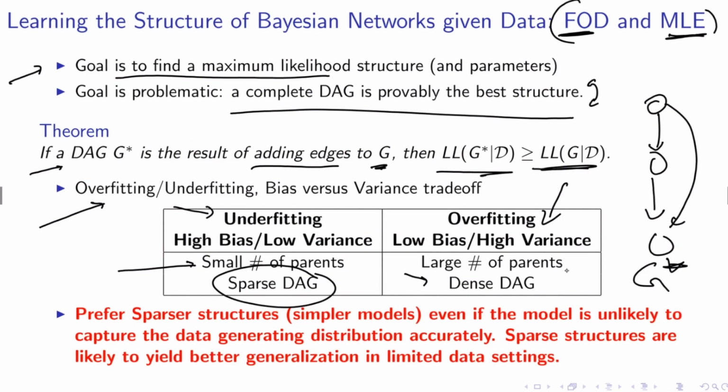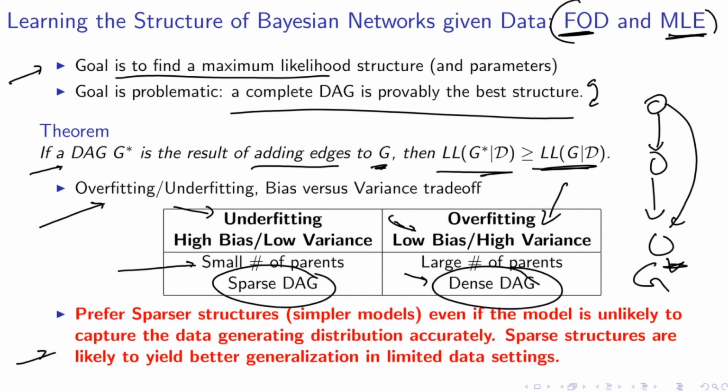And whenever you have DAGs, I should say, because we are learning Bayesian networks, whenever you have DAGs that are dense, then those DAGs will have poor generalization performance. Why? Because they will have low bias, but their parameters will exhibit very high variance. So in general, and sometimes this principle is also called Occam's razor, what you should do is you should prefer sparser structures or so-called simple models,